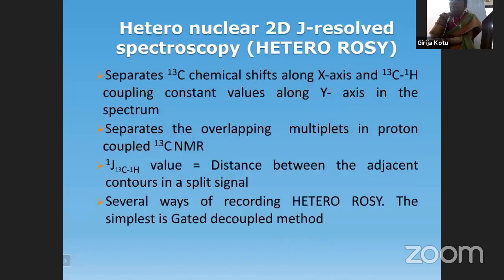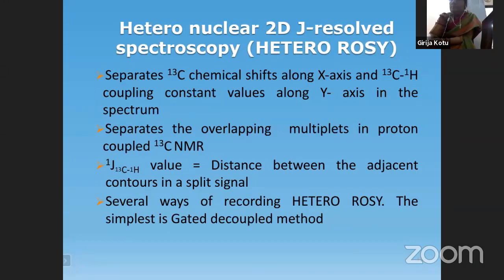I think you have understood HOMOSY. So now finally, what is the conclusion you can draw from HOMOSY? As far as our discussion so far, we can understand HOMOSY is nothing but a 2D NMR of proton, conventional proton NMR, because HOMOSY means what? It's a J-resolved spectrum wherein the y-axis is couplings between similar nuclei.